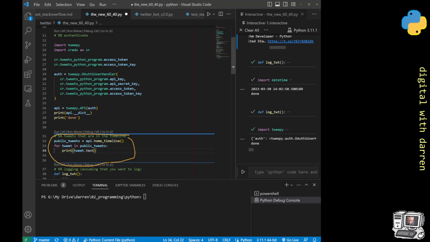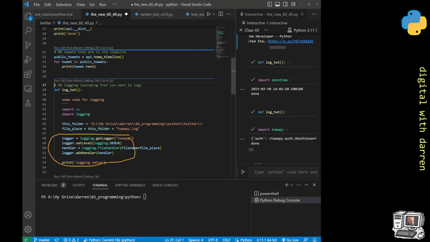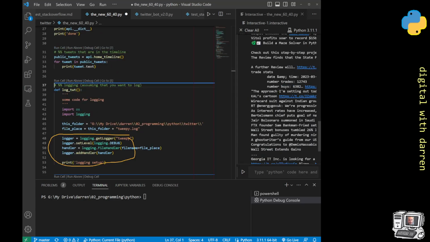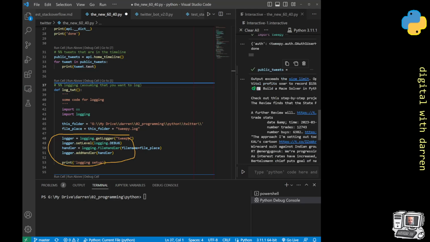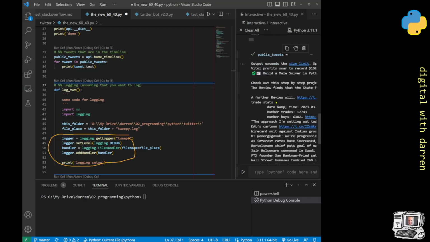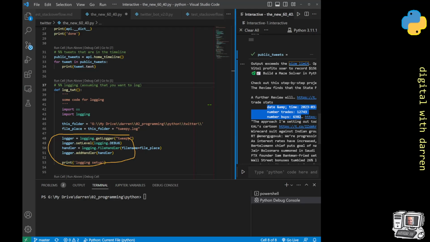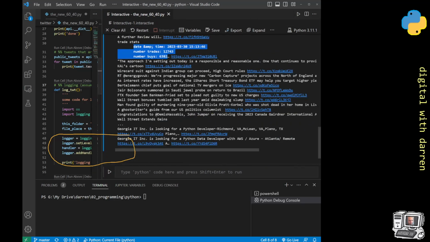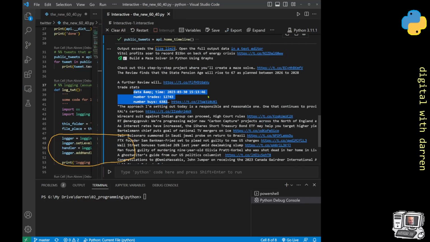The other really convenient thing about this is you could do control return and it runs the block of code fast, but I'll hit run cell and it does run the cell, and again it pulls me back all of the tweets from the timeline. So it in fact looks like that's my own tweet. I recognize my own tweet in there, which is nice. Let me expand that. There we go. Date, and number of trades. Yeah, that's me. So if I pull my Twitter back on,